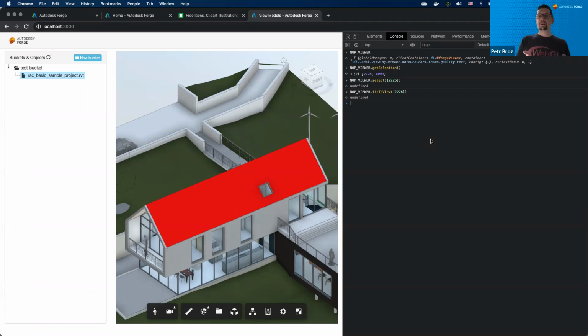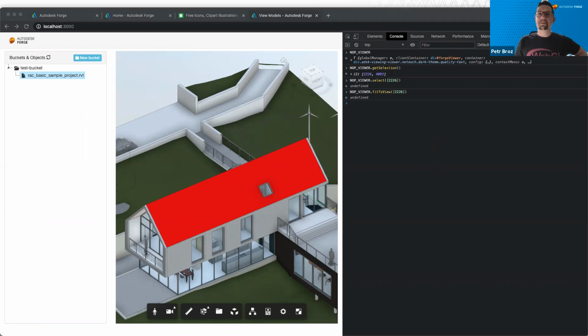But for example, in case of Revit, it will be able to extract the structure of Revit families and Revit family instances, and it will be able to extract the property metadata for every single element in your design. And this information you can either access directly through the model derivative service,